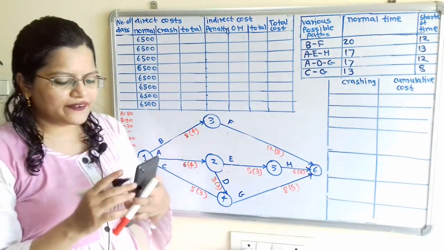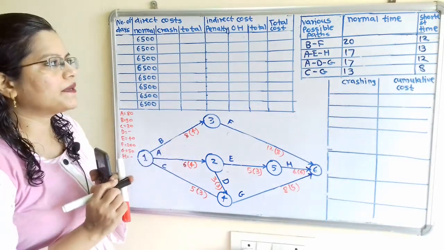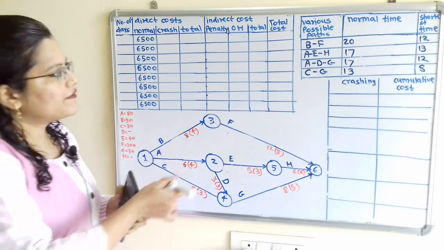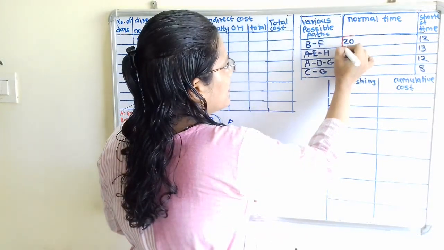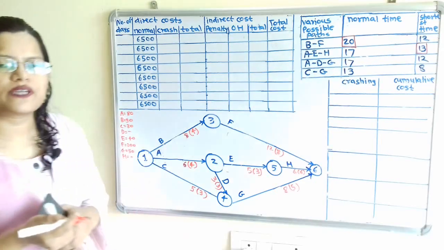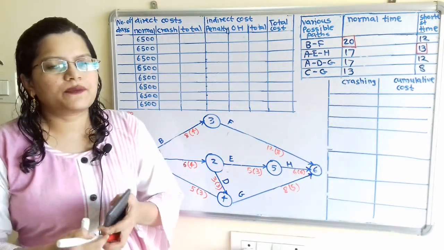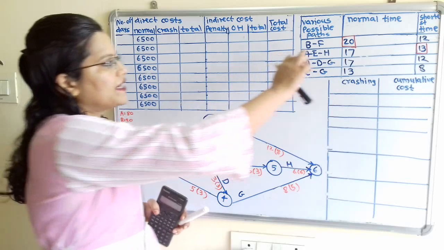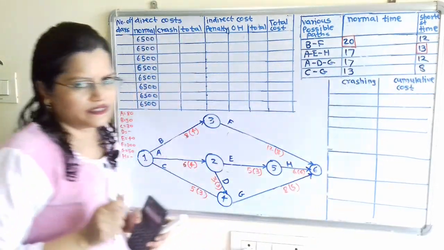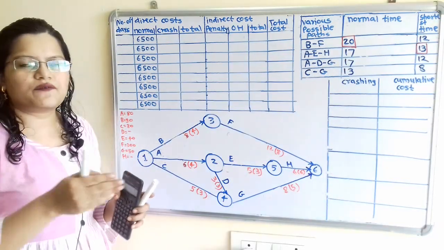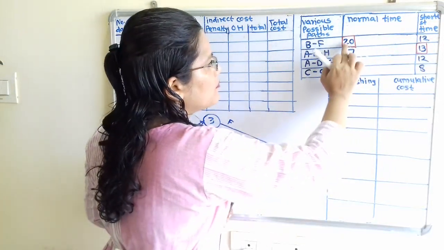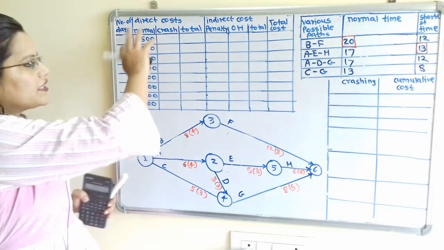Now we have to select which is the maximum number between normal time and shortest time. So from this normal time, we will select this 20. So I will make the bracket and here it is 13. So from these two numbers, we can say that we can reduce the project time from this 20 number of days up to 13 number of days. And we have to plot this information in descending order. That is, we have to plot this number of days from 20 to 13 in the second table.